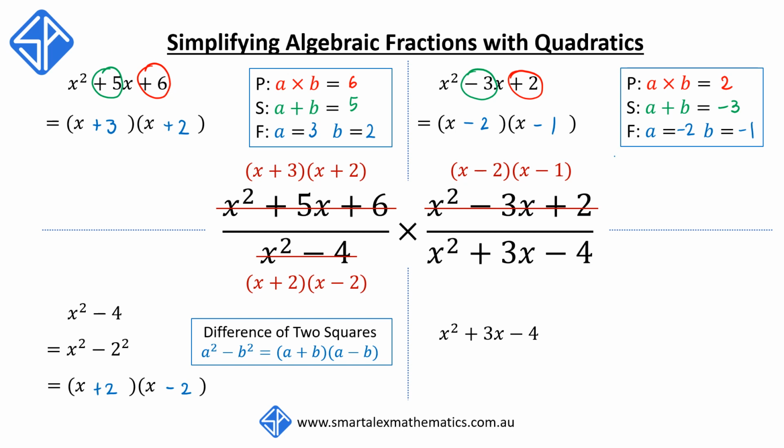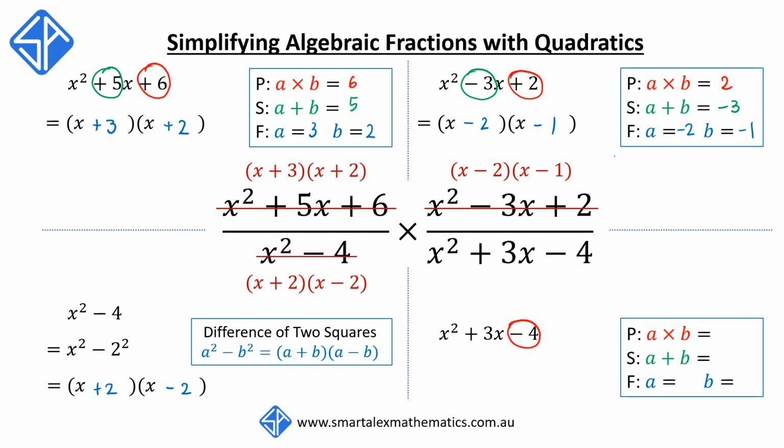This is also a monic quadratic, so we can factorize it again using the PSF method. We're going to look for two numbers a and b that multiply to give negative 4 and add to give the coefficient of x, which is positive 3. The two numbers that will satisfy these conditions would be if a is positive 4 and if b is equal to negative 1. Since 4 times negative 1 will give us a negative 4, and 4 plus negative 1 will